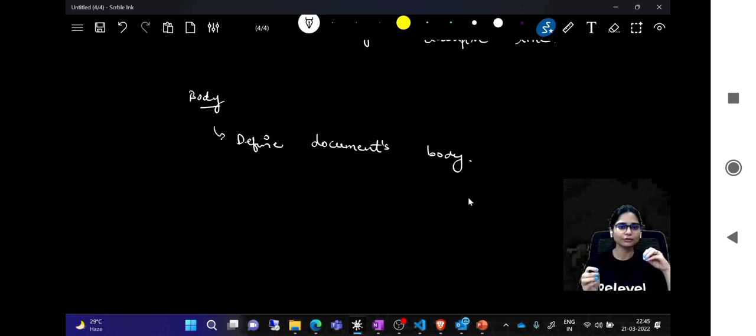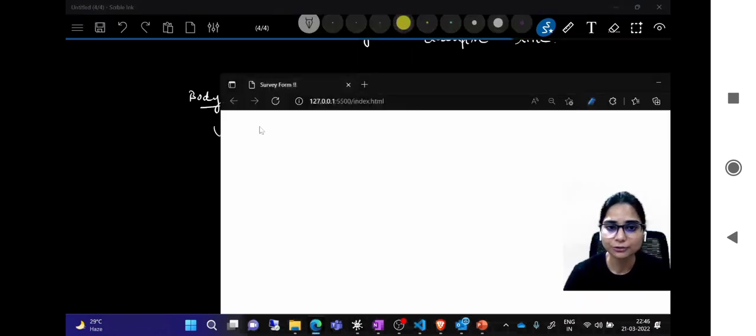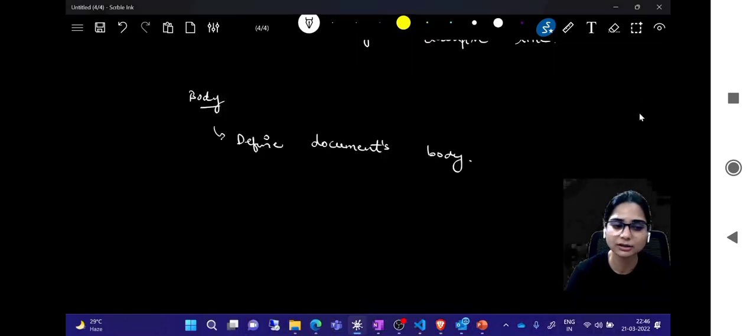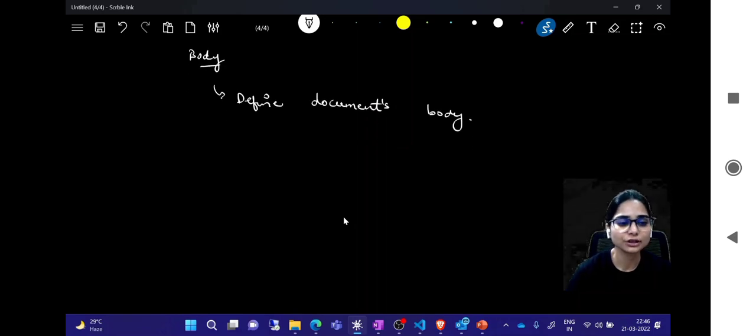Whatever is going to be the visible part of the HTML document, whatever you are going to see. If you can see right now, everything is blank. That is because whatever you are going to see is going to come inside body, and for now, we have not created the body here. But it can include everything, so it is going to contain all the content of the HTML page,